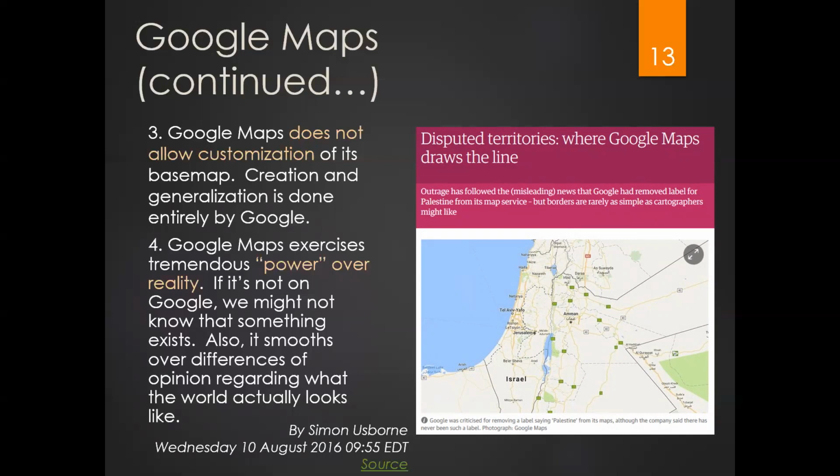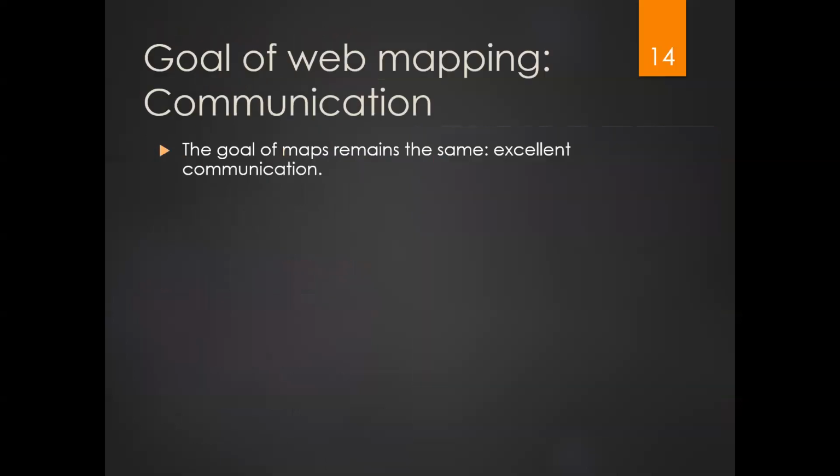But you should also know that Google does have this power to label or not label a specific area, or consider or not consider a specific area as a country or as something else. So this power belongs to Google, and it is the first place in the industry. So this power can be abused. Be careful, it can be abused. I'm not saying that it has been abused, okay? But this is also a limitation. And nobody can change their base maps for now, okay? So this is the power of Google.